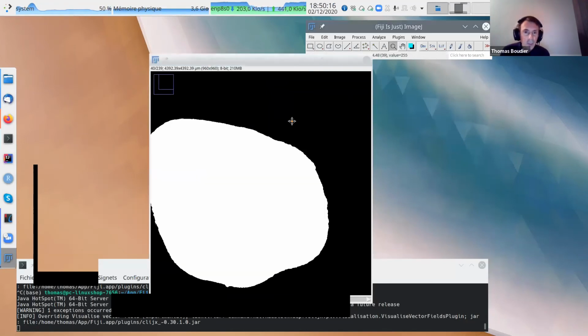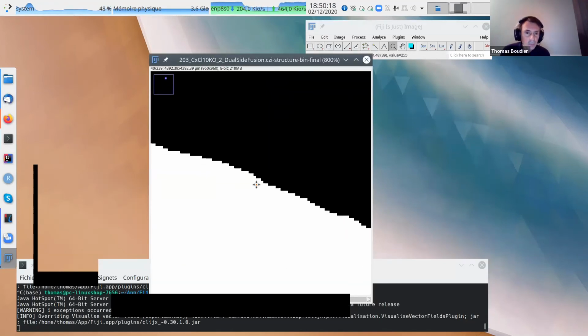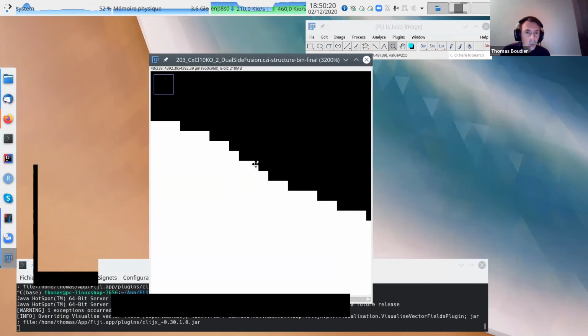What we compute is all the voxels inside the object that are touching the background. This voxel is not touching the background, so it is not a border or contour. This one is inside the object, but it's touching the background, so it is counted as the contour of the object. So we count all these voxels.